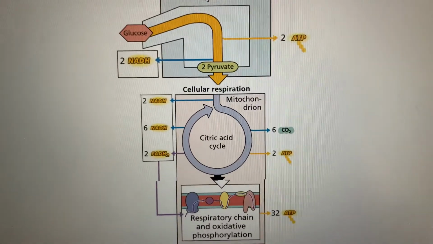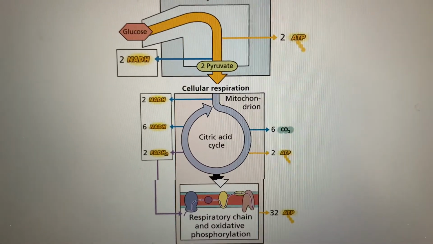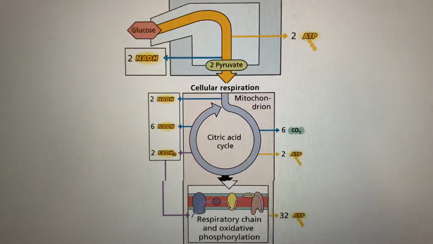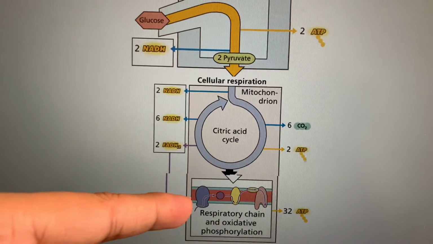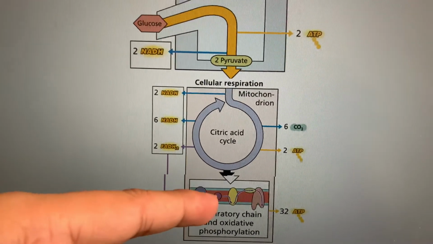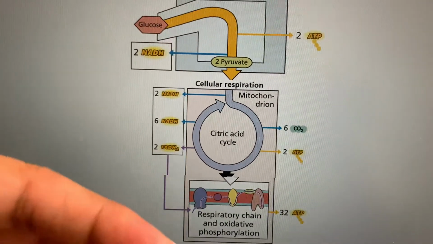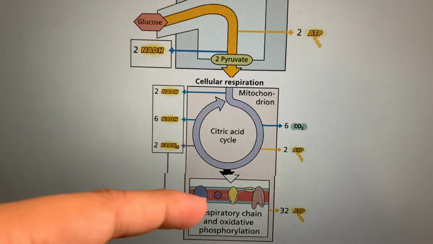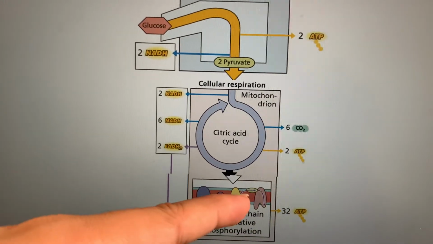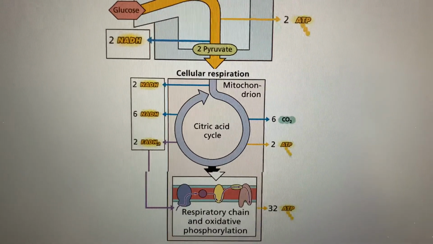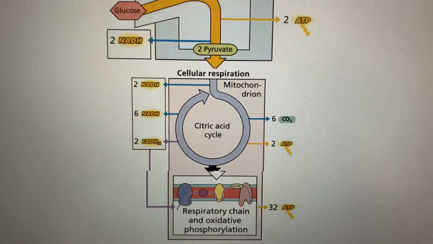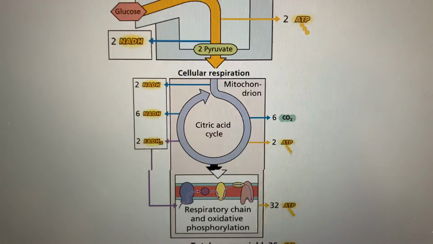Next, from the citric acid cycle, electrons enter into the electron transport chain inside the complexes inside the inner membrane of mitochondria, which carries these complexes, and these complexes finally produce 32 ATP molecules. So in this ETC,